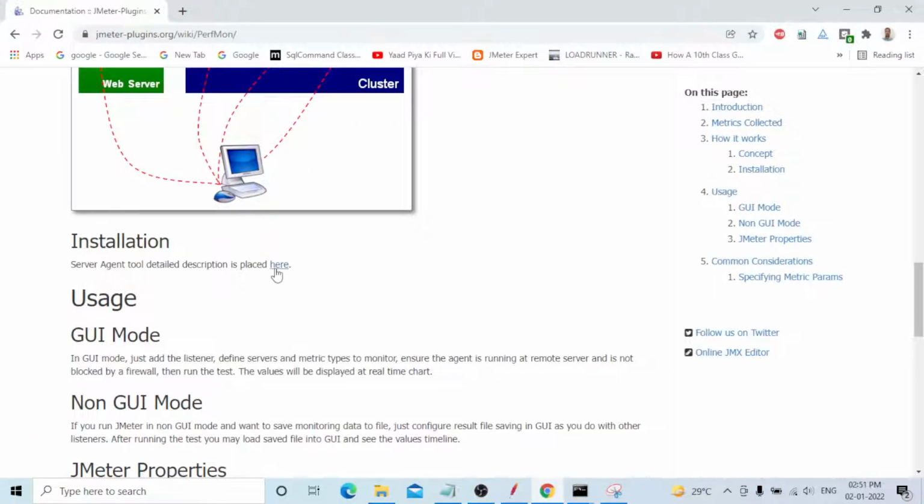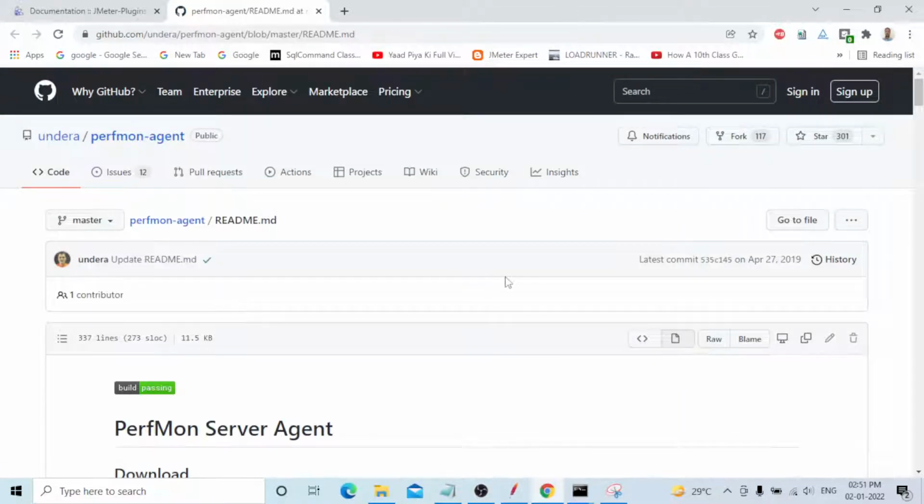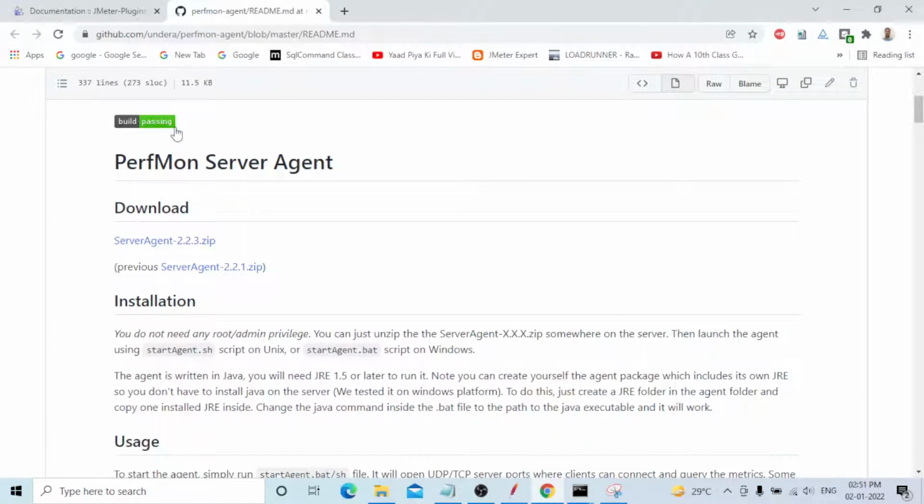You can click on this one now and some details will be shown. I will show you that one. The build is passing, PerfMon server agent. You need to download it, but don't just download and leave it.